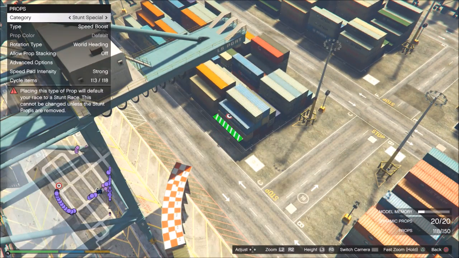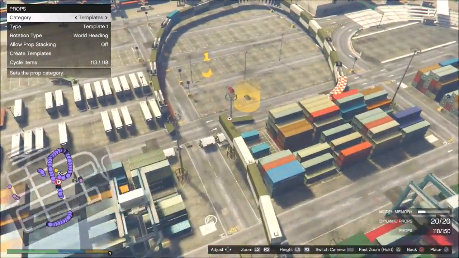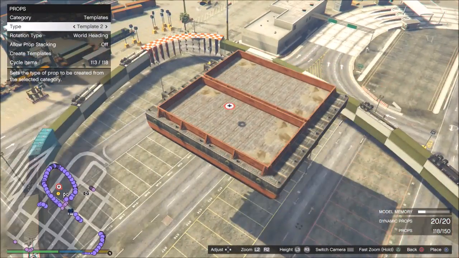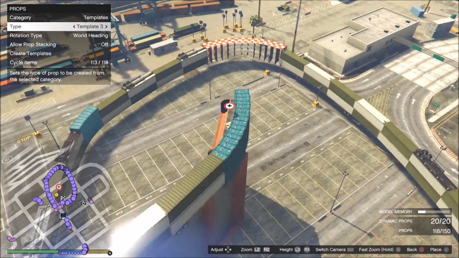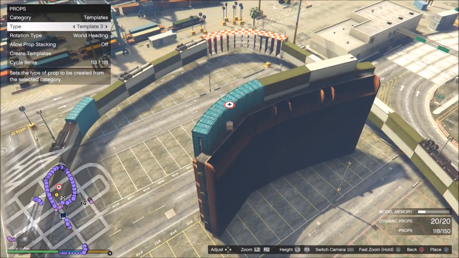Alright, here we go. Template number 1, he took that out of Nautica's wall ride. Template number 2, this is from Nautica, obviously the dummy proofing barges. Template number 3, like why would you have this as a template in your job if you're not even using